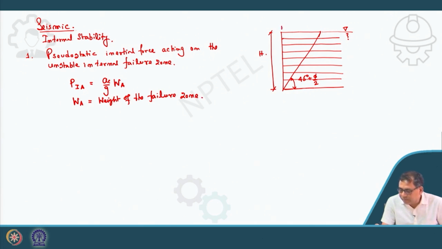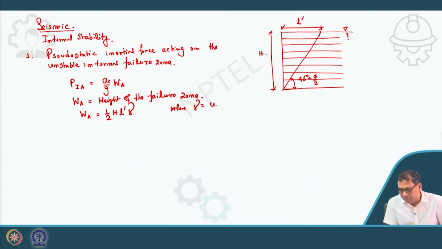So, that means if this is say L dash, and that you can easily determine because you know this is H, this is 45 degree minus phi by 2. So, this L dash you can easily determine. That means W_A will be half into H into L dash into gamma,